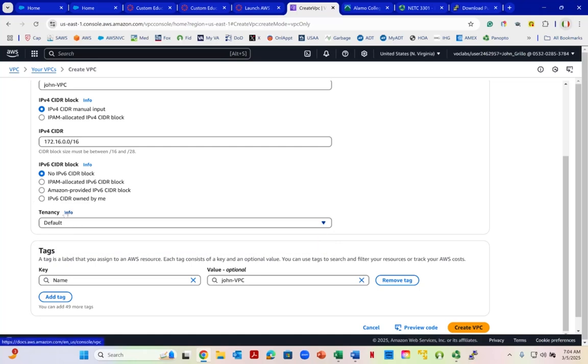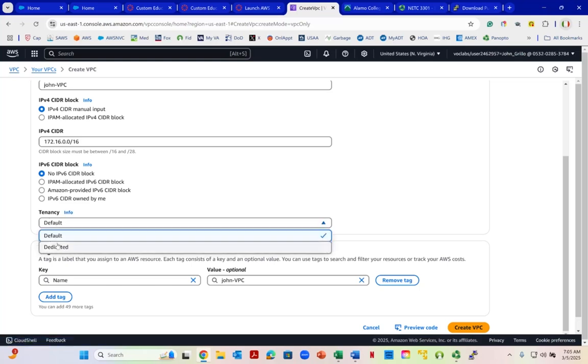Okay, so default basically means how a cloud environment works. You share hard drive space on a physical server in a data center with other tenants, right? Sort of like leasing an apartment, versus if you select dedicated, it'd be like a condominium, right? You'd be buying it and would have paid for it. Now that costs more than paying apartment rent every month and then maybe leaving after a couple of years. So we're going to leave the tenancy on default, and we're going to select Create